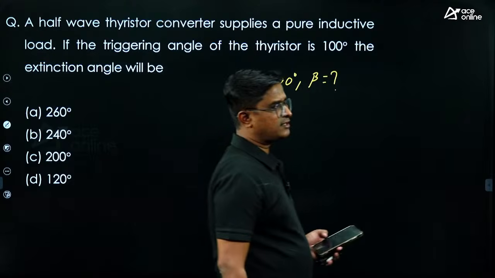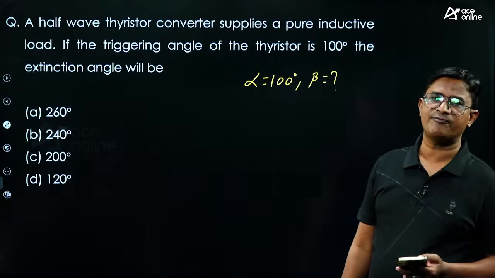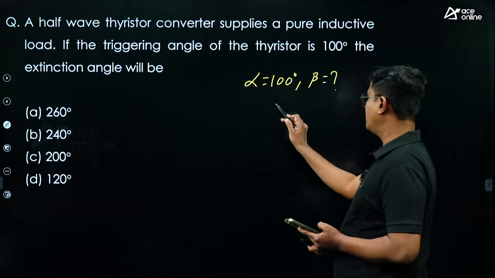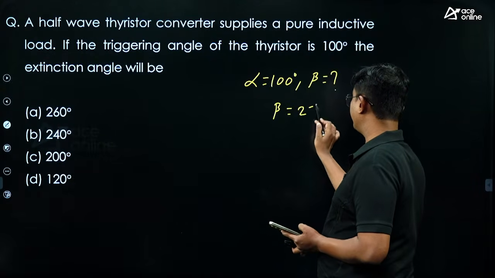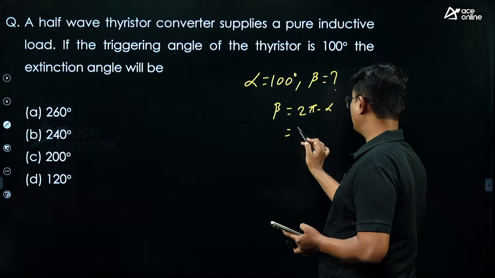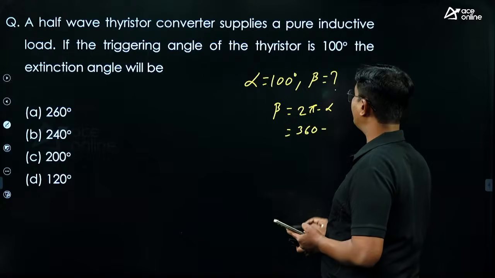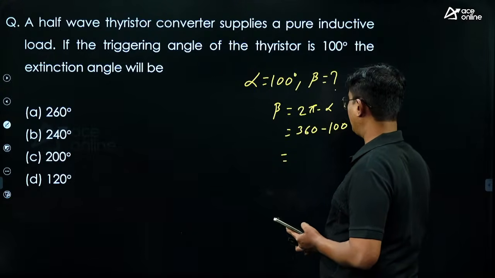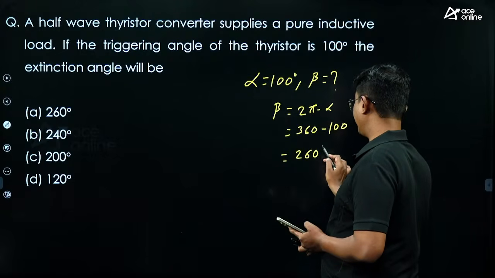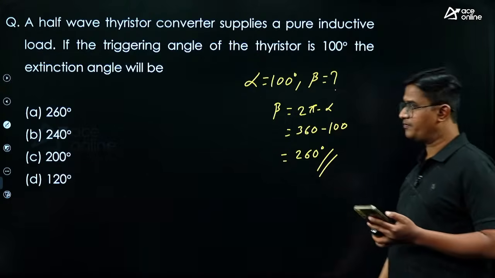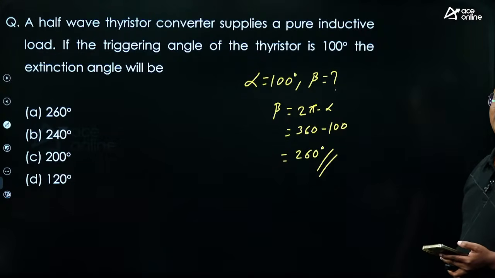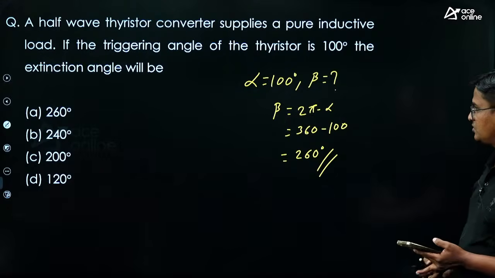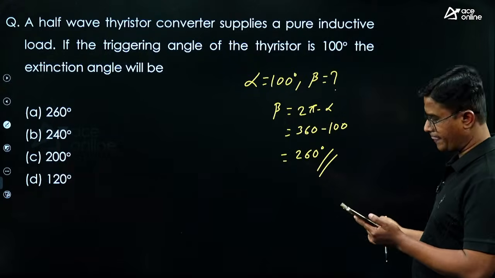Recall, single phase half wave controlled rectifier, load is purely inductive. My beta equal to 2 pi minus alpha, that is equal to 360 degree minus alpha, which is 100, right? That is nothing but 260 degree. Beta value is 2 pi minus alpha. Alpha is given as 100 degree, right? So it is 260 degree. Answer is option A. Next,